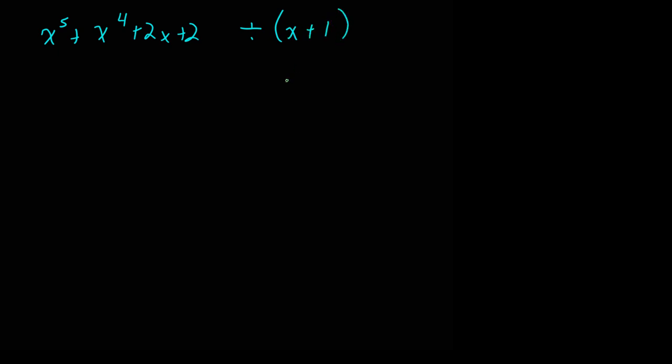So if I'm going to do this as synthetic division, I need to write my coefficients. So I have 1 for the 5th power, 1 for the 4th power. Notice I have 0 for the 3rd power and 0 for the 2nd power, right? I have to do something with the x cubed and the x squared terms, but their coefficients are 0. So I have to make sure I bring down those 0 coefficients. Then I have 2x for the first and 2 for the constant.